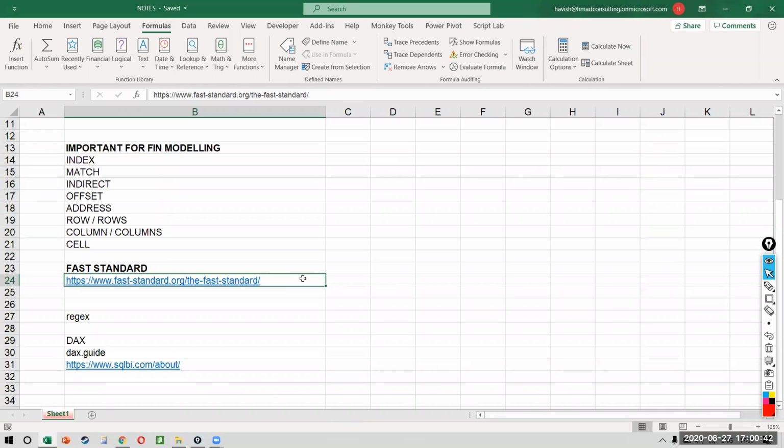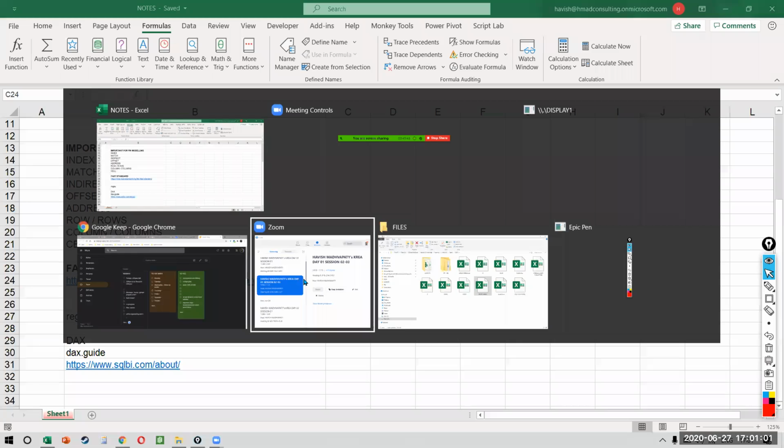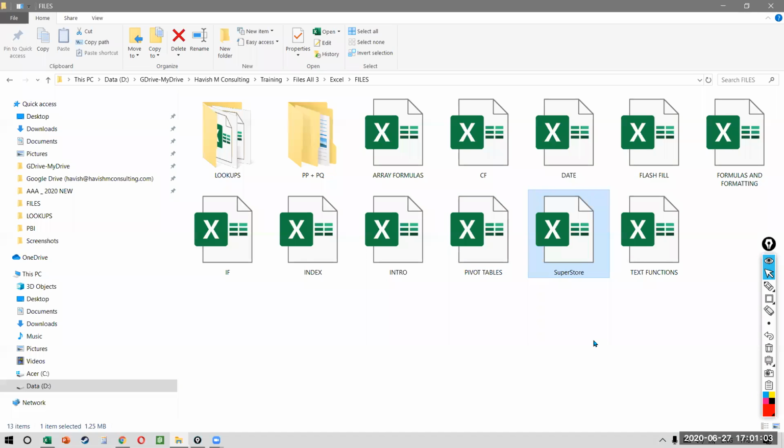So let's do something fun. Let me think. Let me go through my files and see if I can find something. Or if you want to ask something of your own.